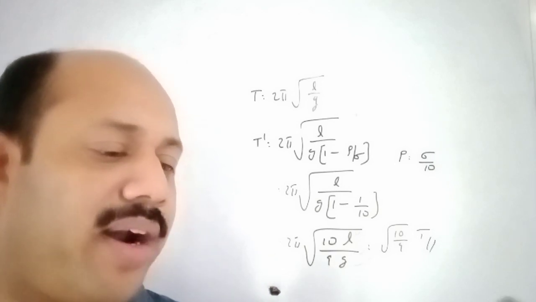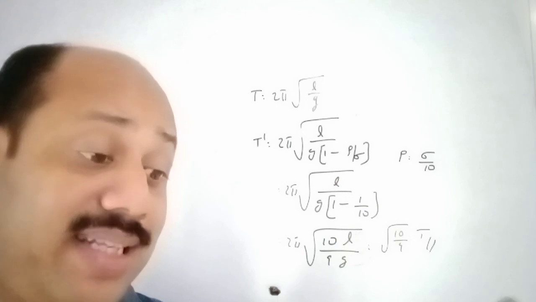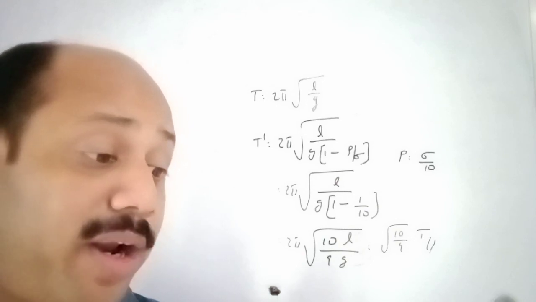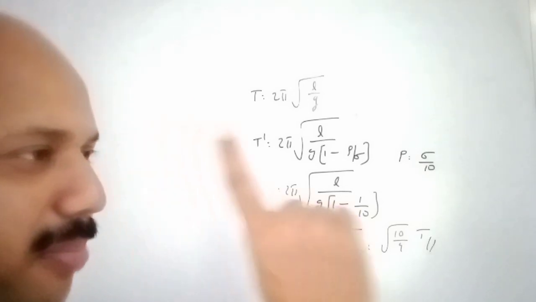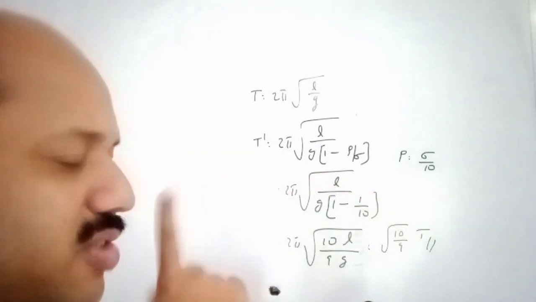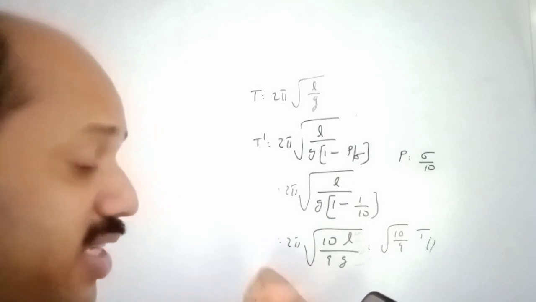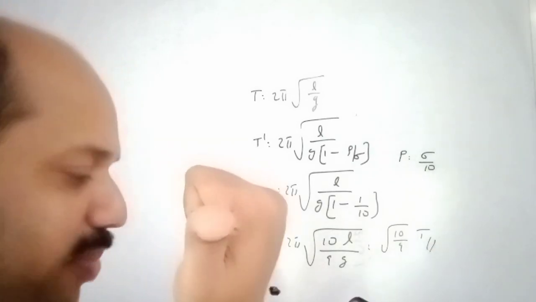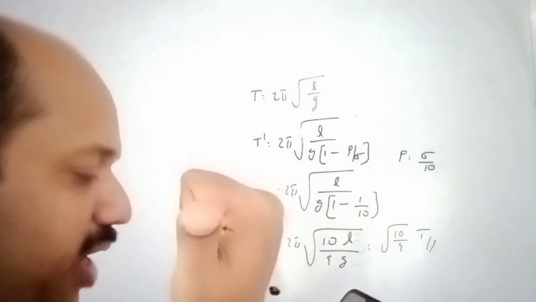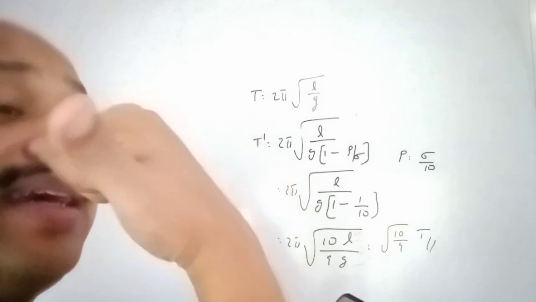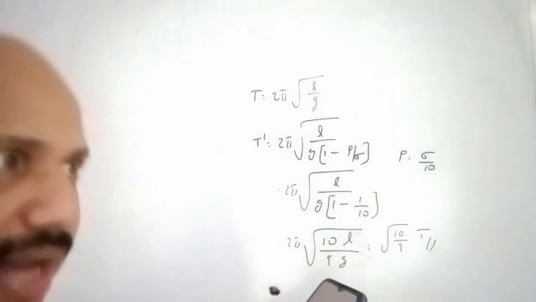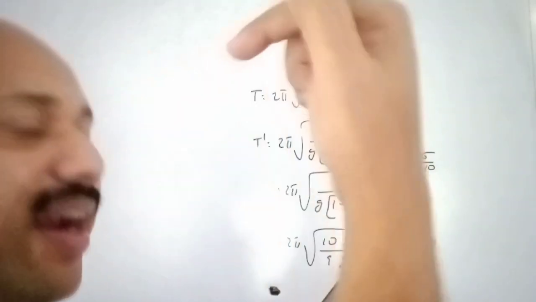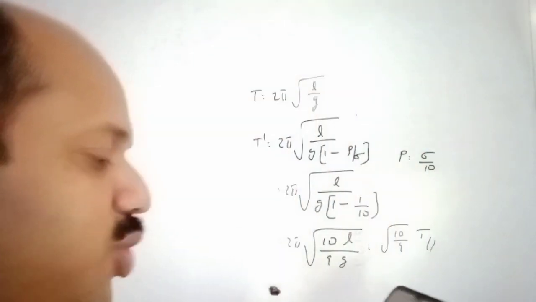25. A wire oriented in the east-west direction carries a current eastward. Direction of the magnetic field at a point south of the wire is? Yes. If my front is north, this is south, this is west, this is east, current is eastward in this direction. Right hand thumb rule. Then, direction of magnetic field at a point south. South is my back. Yes, it is folding like this. That means vertically downwards. The magnetic lines are like this. On the south, on this side it is coming down. It is vertically down. The choice is